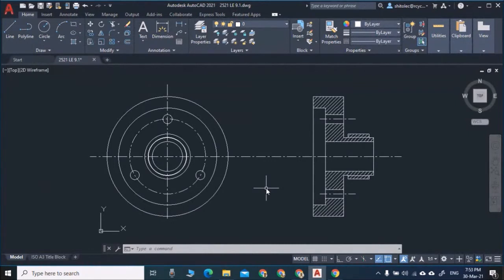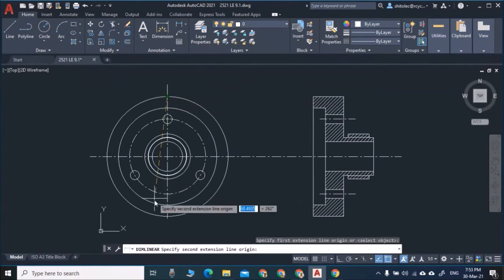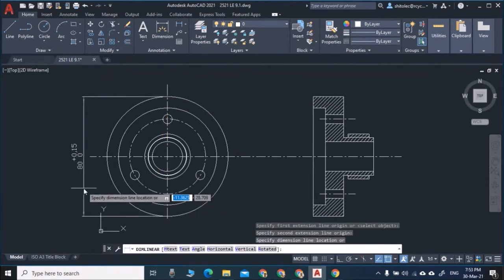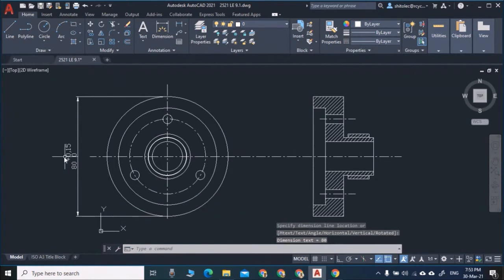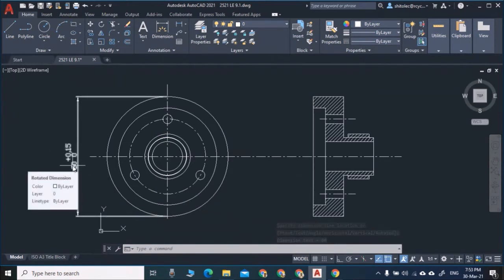So how to give that? Here first I will click the dimension, and whatever I give here, it is 80.5. It might become something different for you, only 80 without this tolerance. I will show you this.